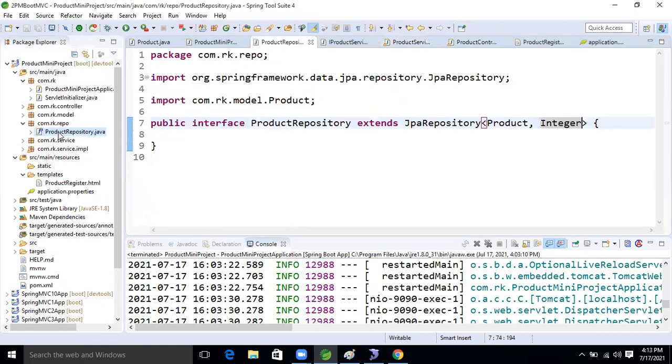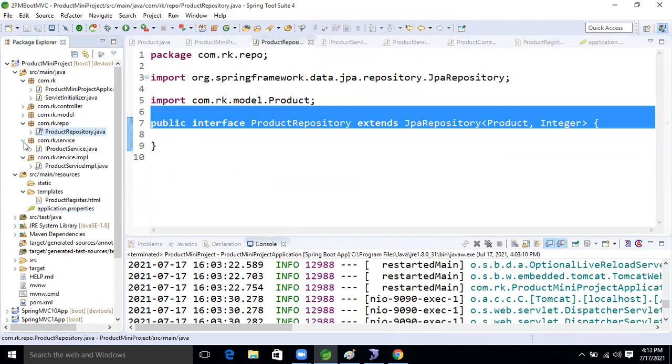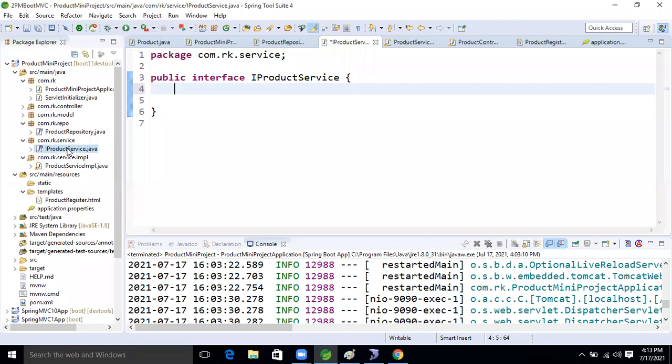In the repo, right? So already this interface is there, right? But where we will write the logic? It's in the service class, right? In the service class, what we will do now? First, we will specify one abstract method, and we will give the logic in its implementation class, in the product service IMPL now, guys.